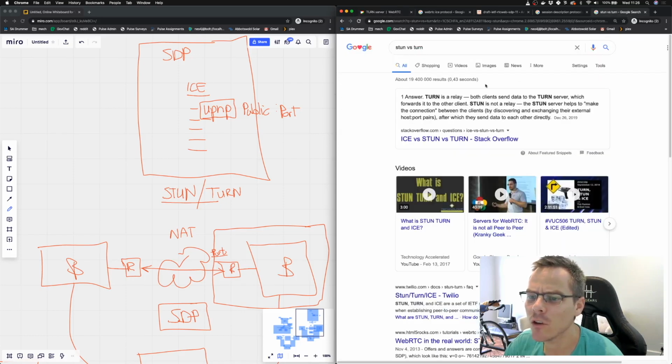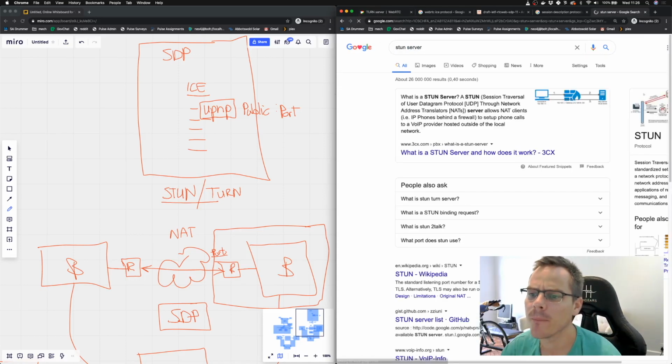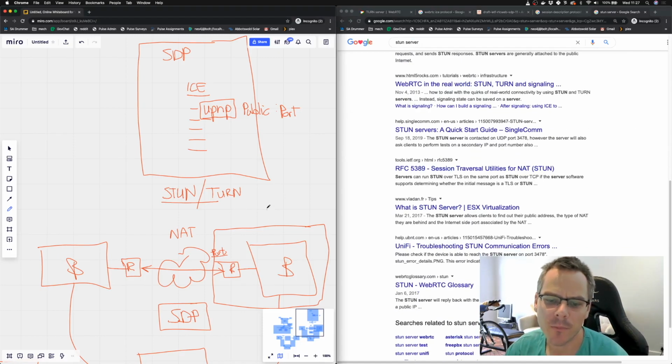STUN versus TURN. STUN server: Session Traversal of User Datagram Protocol through Network Address Translators. It says it allows NAT clients to set up phone calls to avoid provider-hosted servers outside of the local network. Yeah. So what STUN will do is